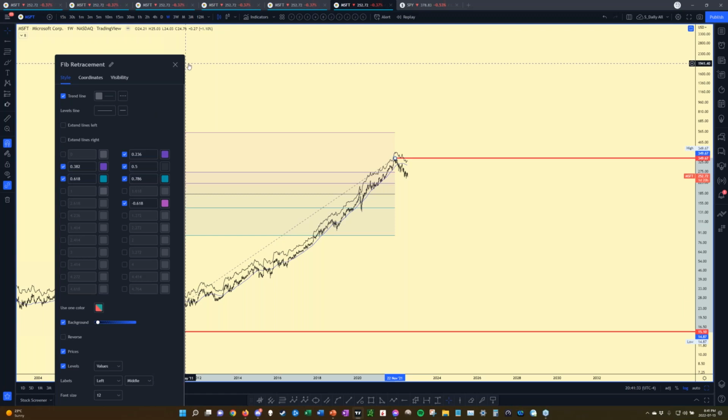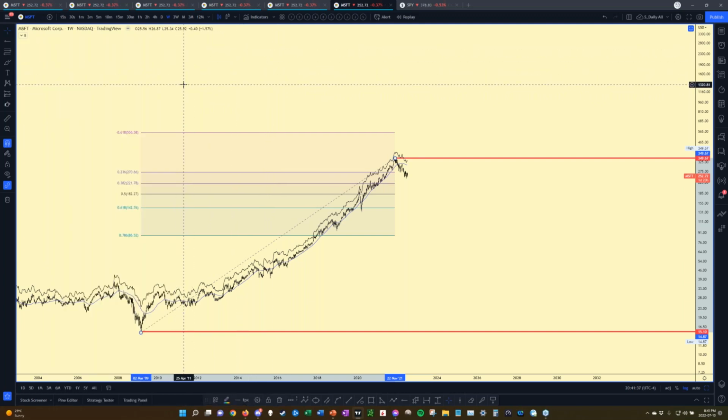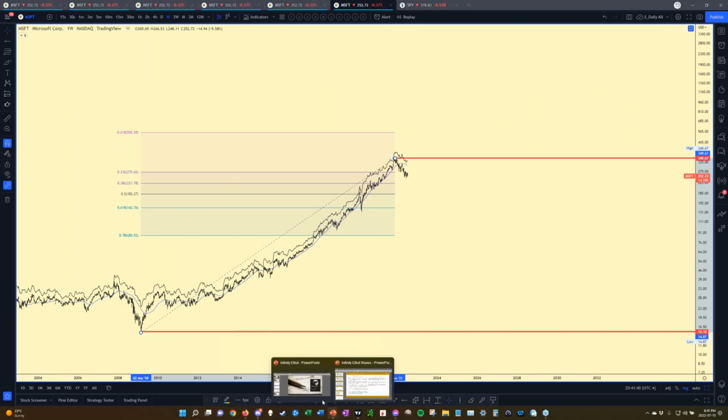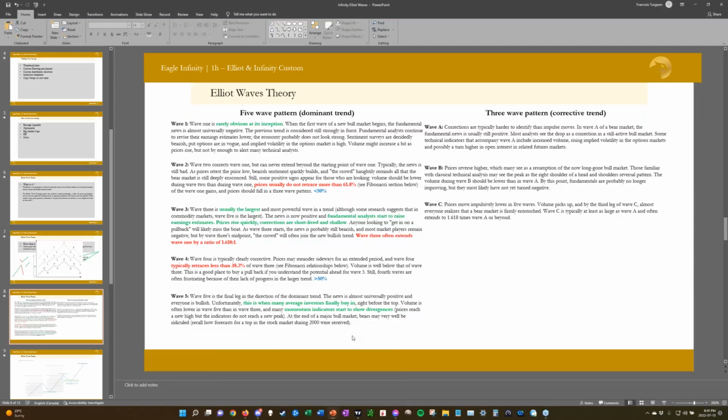When 5 minutes ago, he was talking to me about Elliott waves. Well, it's pretty easy to understand. We are going to use those Fibonacci levels to predict where the waves of the Elliott theory will meet. So basically, I'm going to show you where a wave 2 should reverse, where a wave 4 should